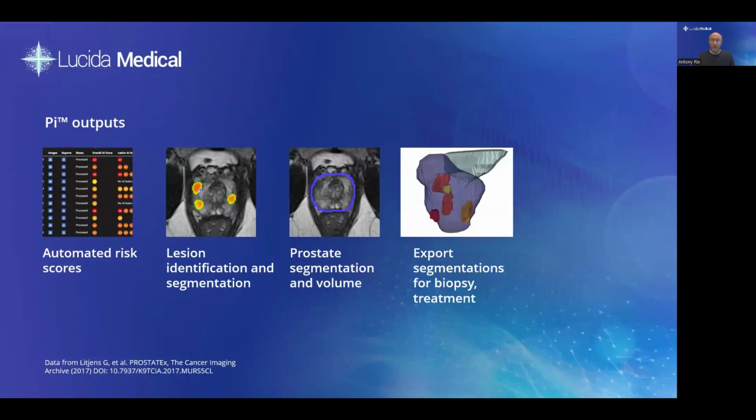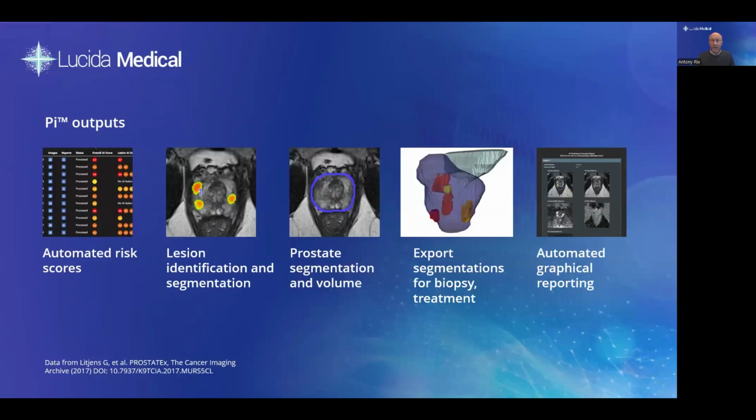The PI outputs are designed to assist with a range of clinical scenarios. PI automatically produces a risk score, the PI score, at patient and lesion level. This is on a 1 to 5 scale, similar to a Likert scale, and to the PI-RADS category score. So 5 represents very high risk, 3 is equivocal, and 1 represents very low risk. Depending on the workflow software, these scores can be made available in the worklist, for example, to help with prioritizing